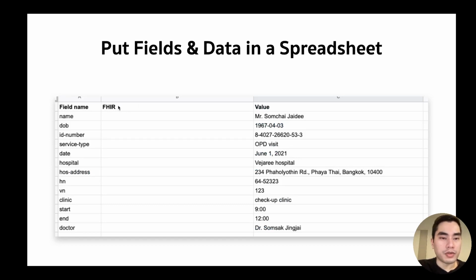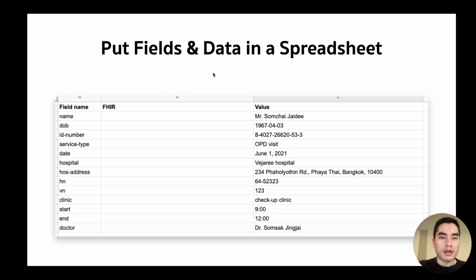So what we have to do is mapping between the local fields and a FHIR resource. I have to disclaim that this is just for demonstration purposes. In a real situation, most of the time when you're working with FHIR, you will pull the data from your EHR, HIS, or EMR, and then map it to the FHIR resource and then send that resource to the server, or maybe another architecture. I just want to tell you that this is for demonstration.